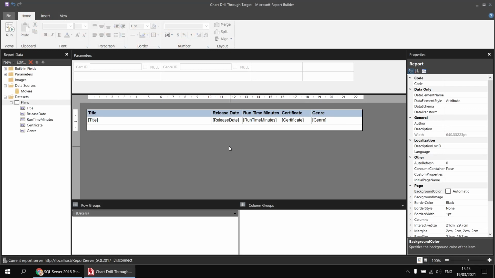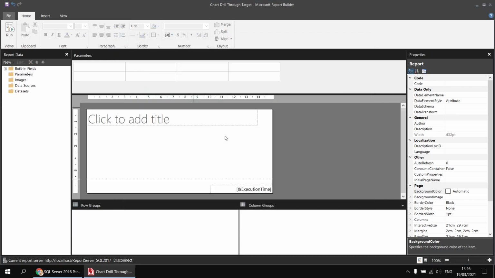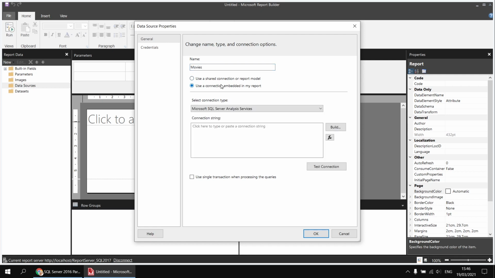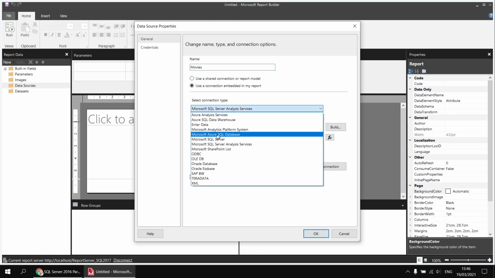Now let's move on to creating the chart report. I'll head back to the File menu first and choose New, and then choose to create a blank report, which will automatically close down the one we were working on. And then a bit of deja vu, I'll create a new data source by right-clicking and choosing Add Data Source, call it Movies. I really should be using a shared data source, but I haven't got one handily available at the moment,